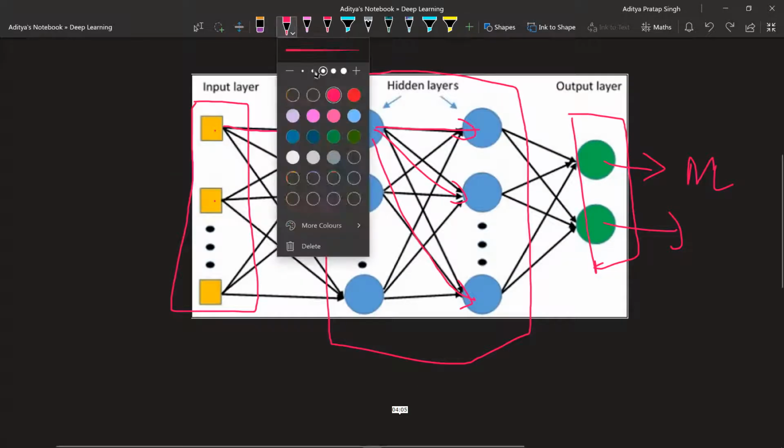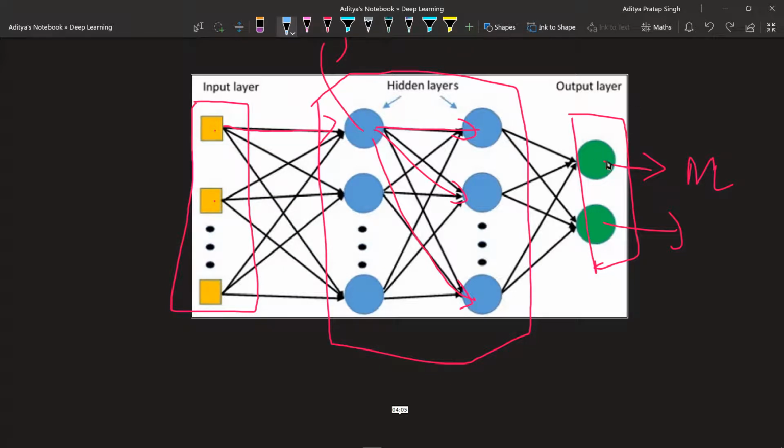If I have to show you in this diagram, I can show you like this. If it is not the output layer, if it was a regression problem where we have to just provide a value like 1, 2, 3, and it is just continuous in number, then for that we can create a single neuron, and this neuron is going to produce our output. So in the case of regression, we have the single neuron